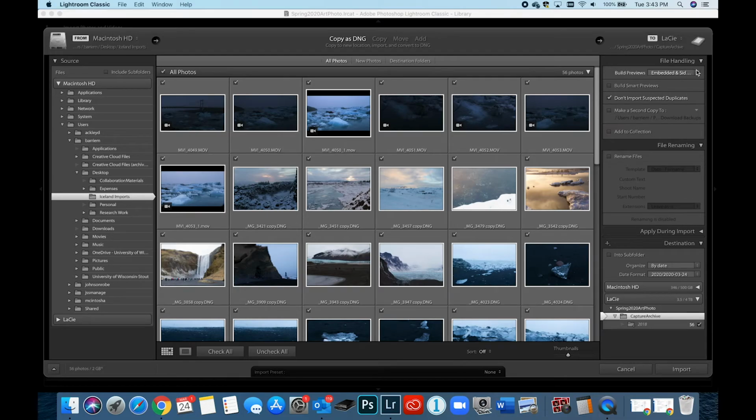In terms of file handling, what I would recommend you choose is just a standard preview. Check don't import suspected duplicates. Later on when we talk about organizing, you can choose to organize images immediately into a catalog. We'll talk about that in a future video. You can also just have it always rename files. So if you like the idea of Lightroom just automatically renaming all of your images as they're imported,